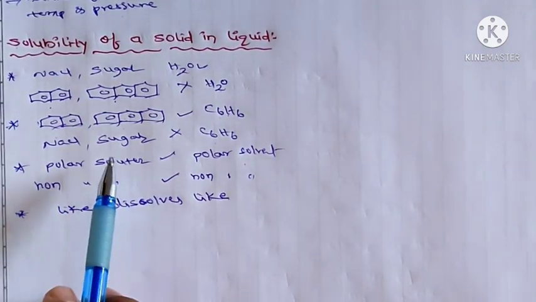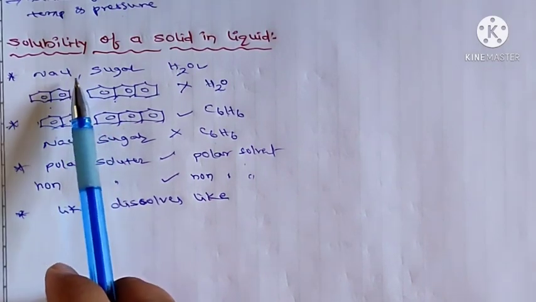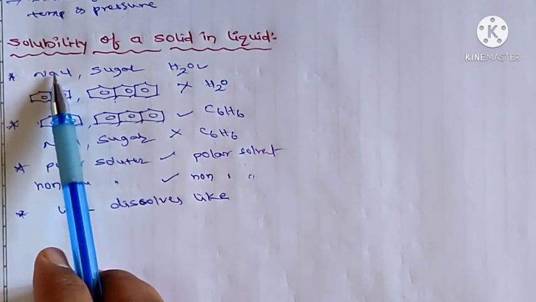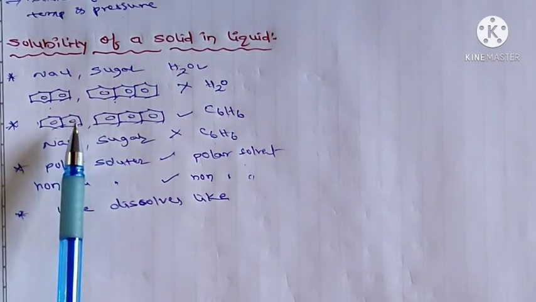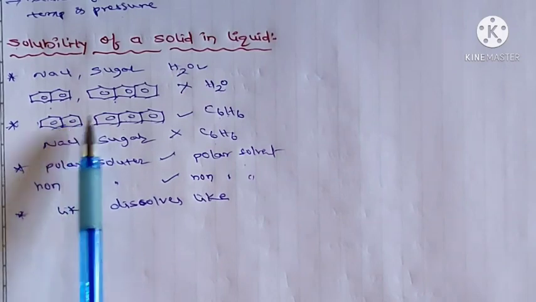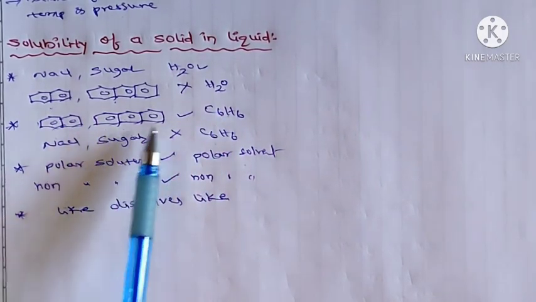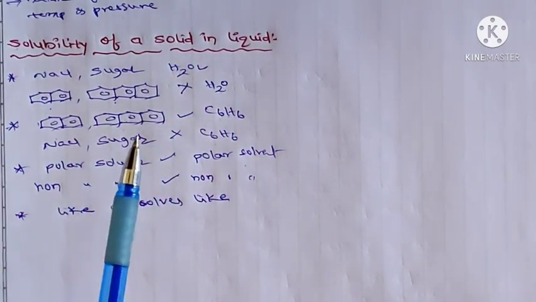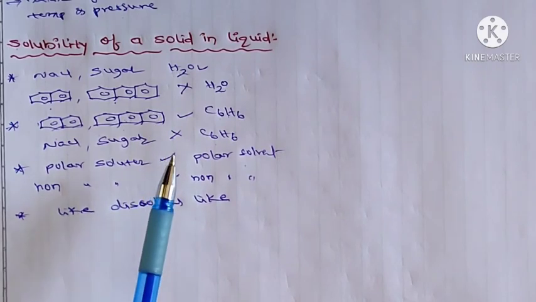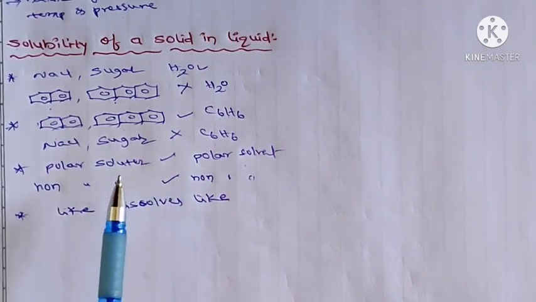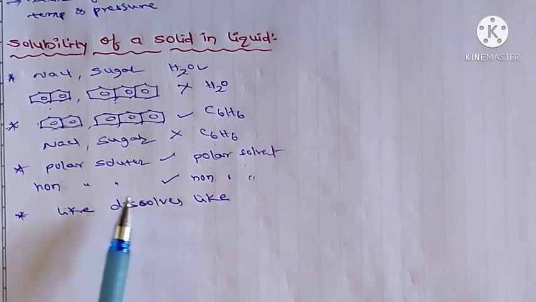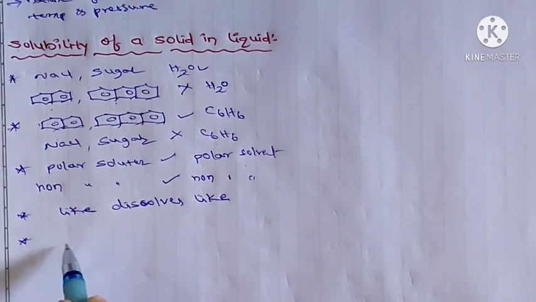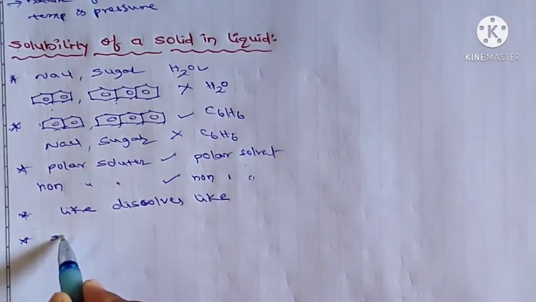Like dissolves like. Chemical interactions. So here NaCl and H2O: the chemical interactions are similar between NaCl and H2O. And there are similar interactions between naphthalene and benzene, and similar interactions between anthracene and benzene. So if the chemical interactions are similar in both solute and solvent, it is called like dissolves like. When a solid solute is added to a solvent,